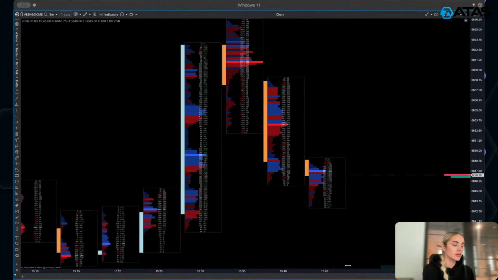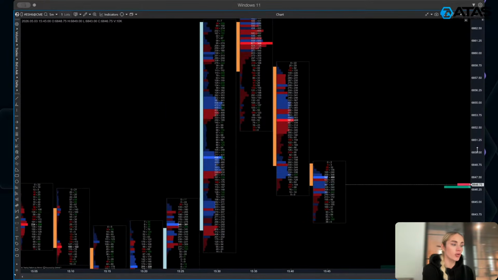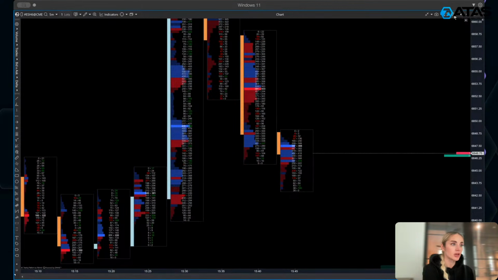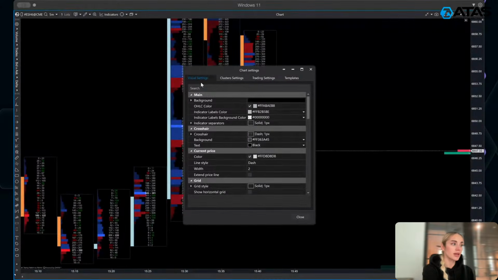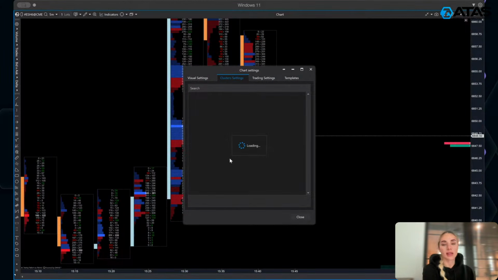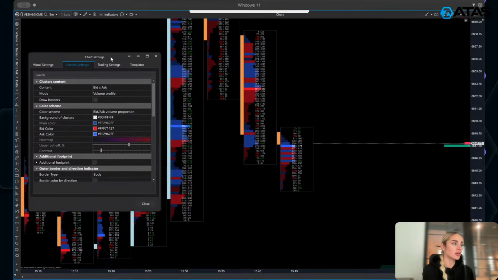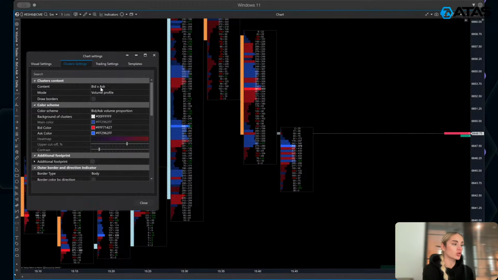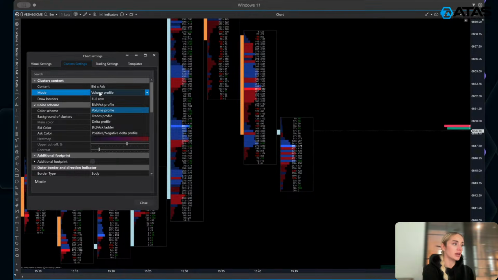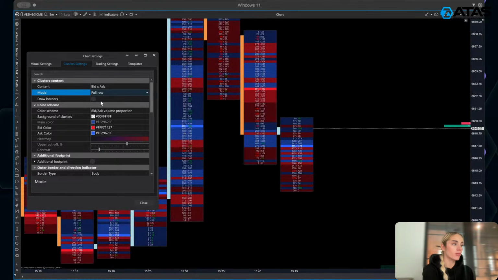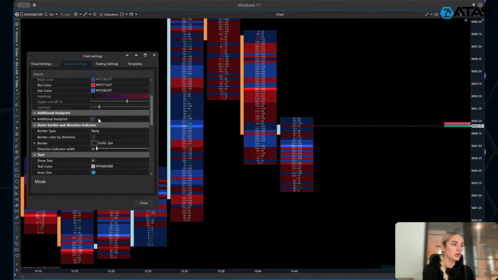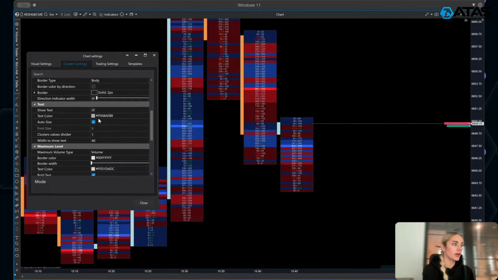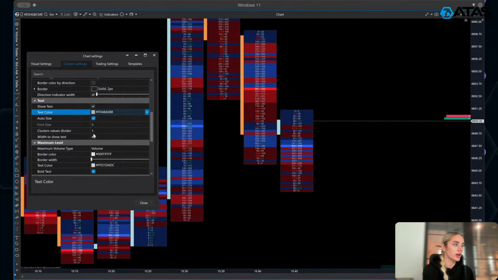Now, this is the default view of the cluster chart. And of course, you can customize it. So you go to the settings once again, and instead of visual settings, this time we go to cluster settings. In the cluster settings, you can change the visual and also technical aspects of your footprint charts. So let's say I want the bid and ask. I want the full row being colored. I want the colors to stay exactly the same. And then I can go back and change the text colors, for example, to make it slightly brighter,